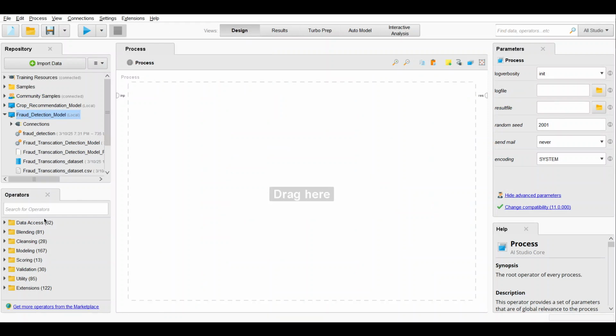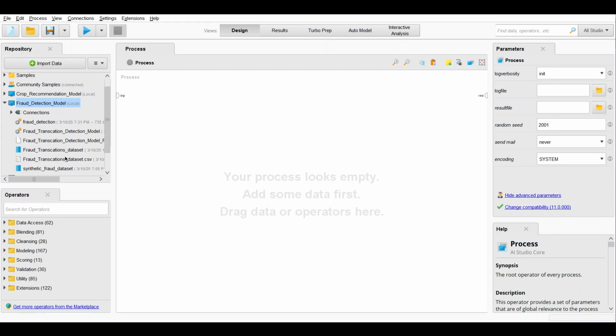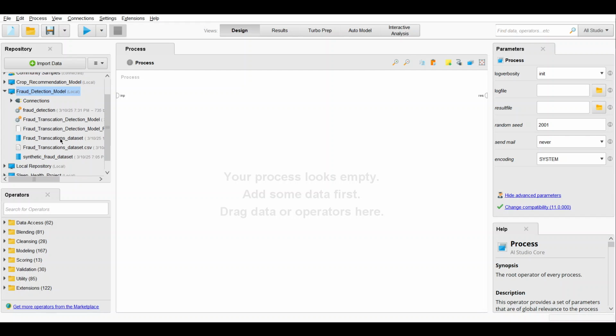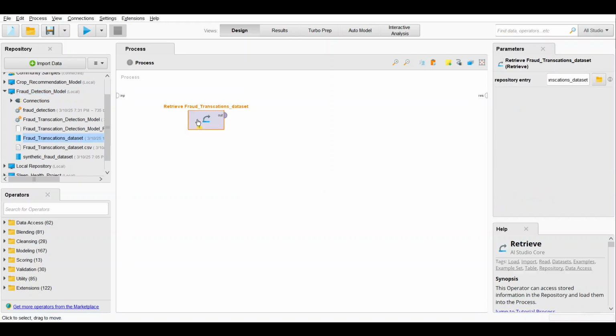Here there are various operators. Here there is a repository, and here we will be running our process, and here there will be parameters for our operators. So let's import our data set into it. Here we'll drop the dataset here, then we'll be choosing